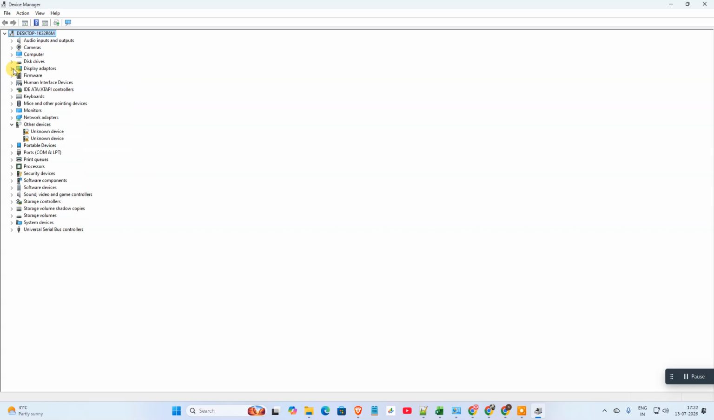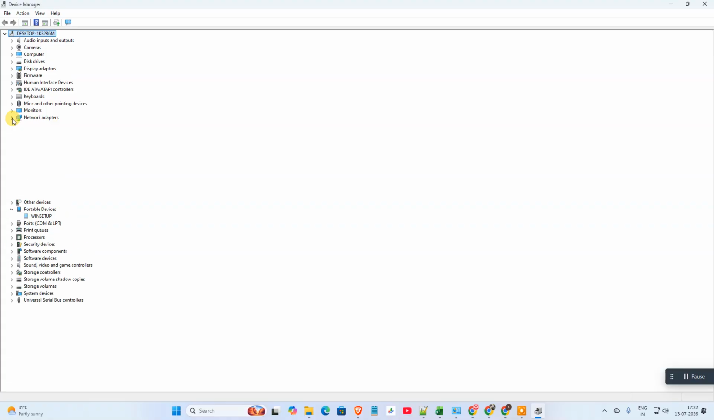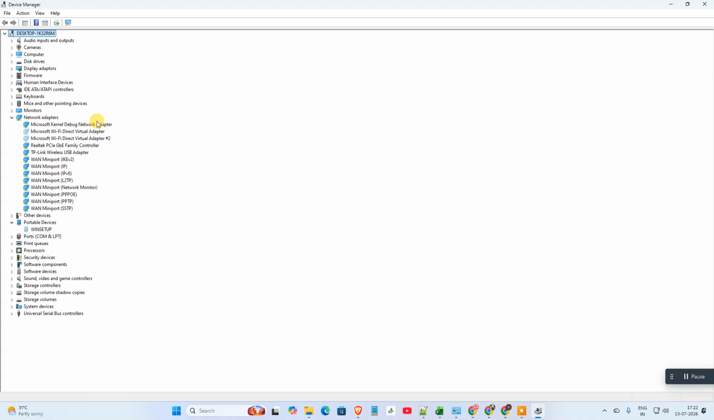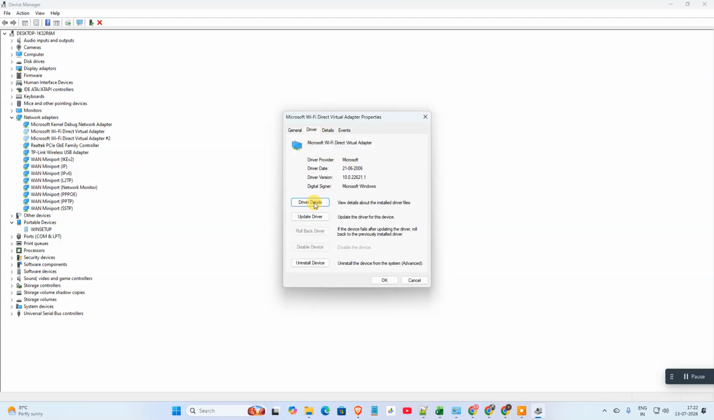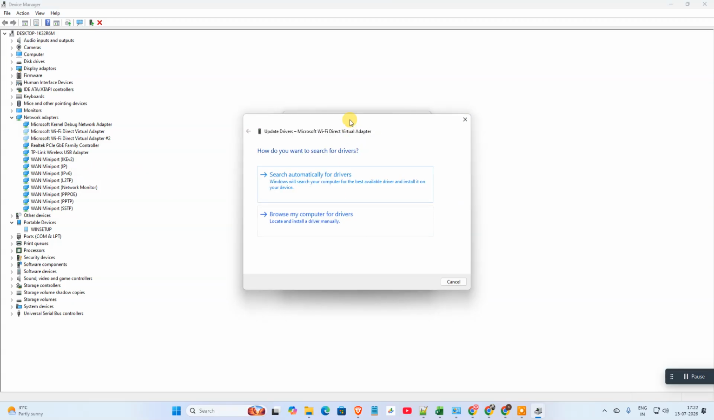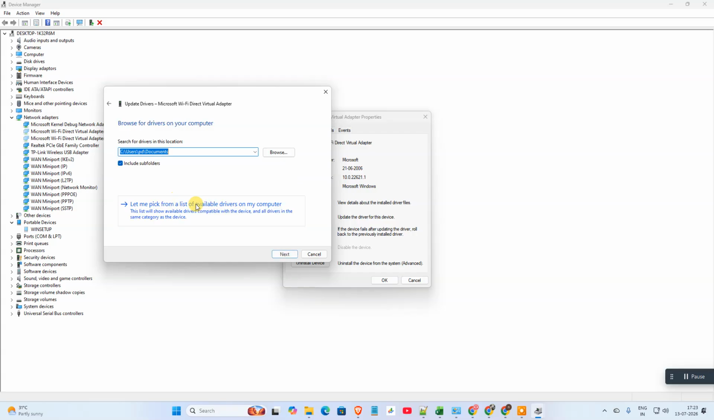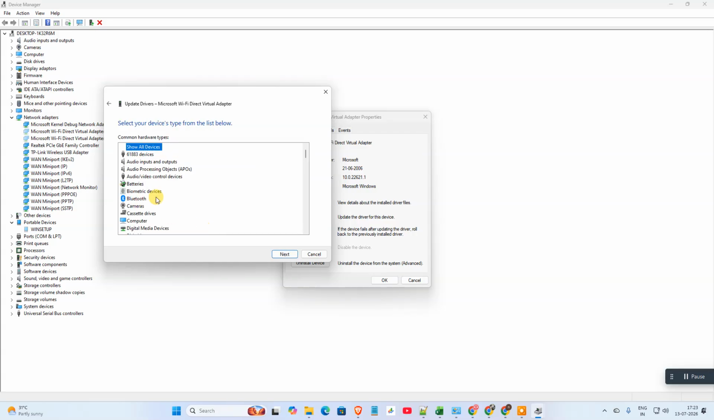So if I go for this network adapter, okay, select your adapter, right click on it and go to Properties, go to the Driver tab, and from here go to Update driver. Okay, there are two options. You can browse from your computer, go to the latest, pick the drivers and select your network drivers,